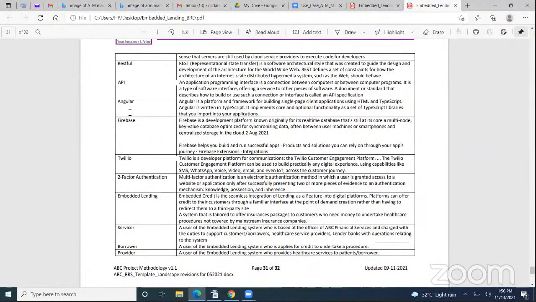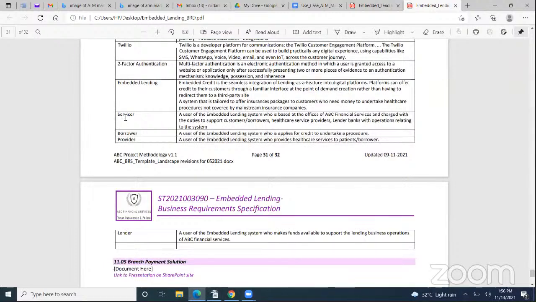And the stakeholders in the system, as in brief definitions over here.